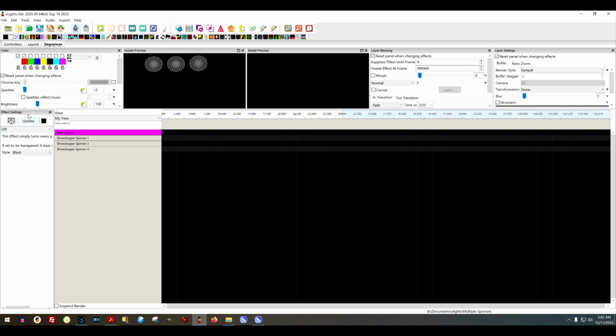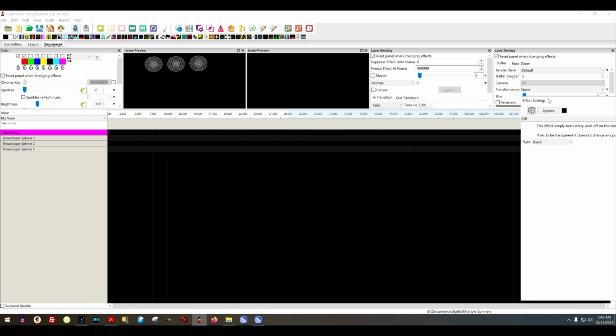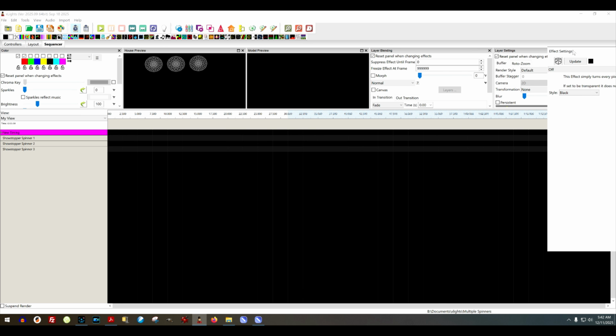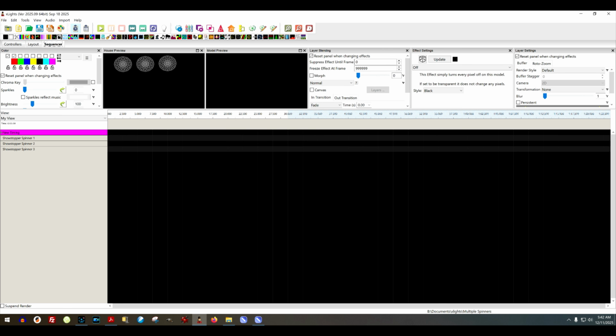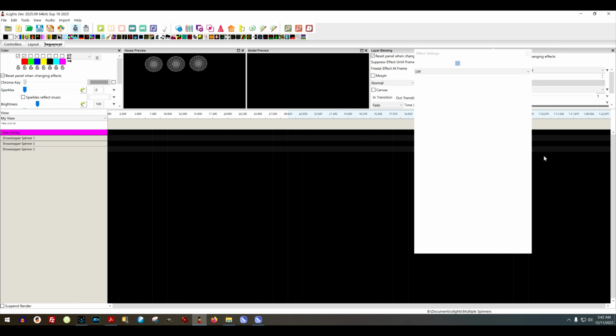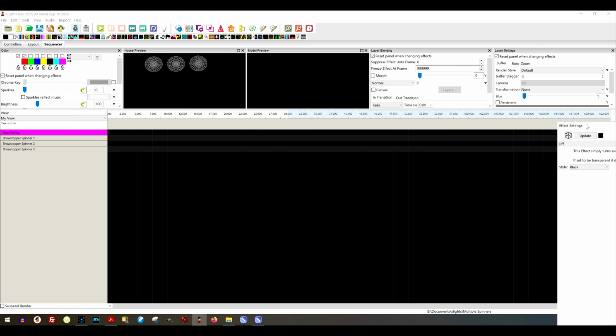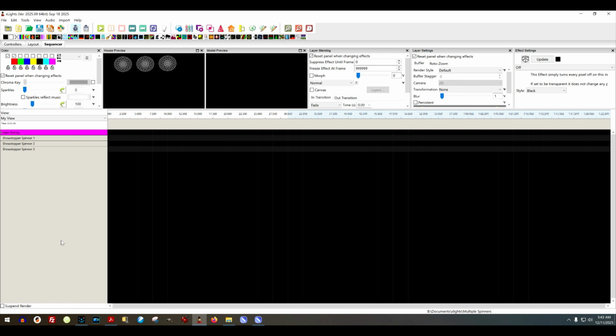I like my effect settings way over here. Maybe not. Oh well, we'll just put it there. All right, so I've got my effect settings there. First thing I'm going to do is put in some timing marks. Put one at the 5 second, one at the 10. We don't need any more than that because we're just going to add in a real quick